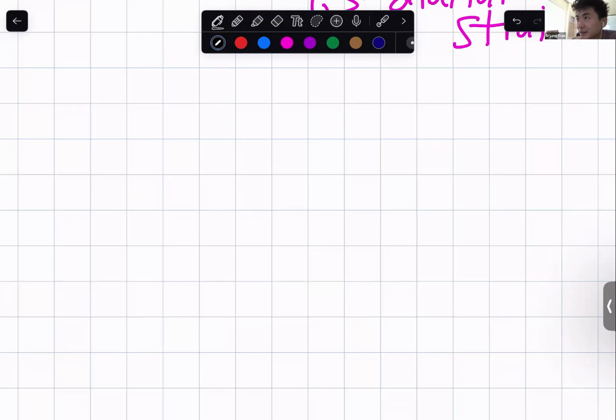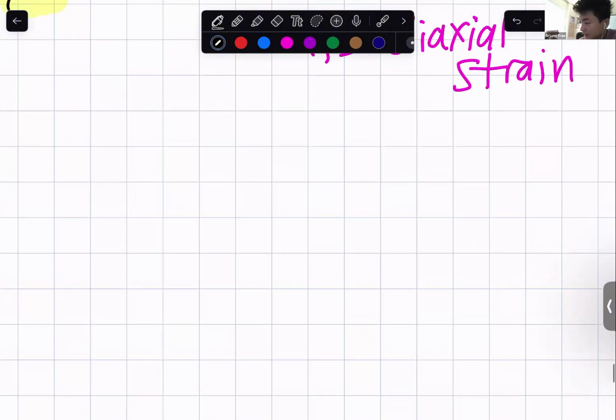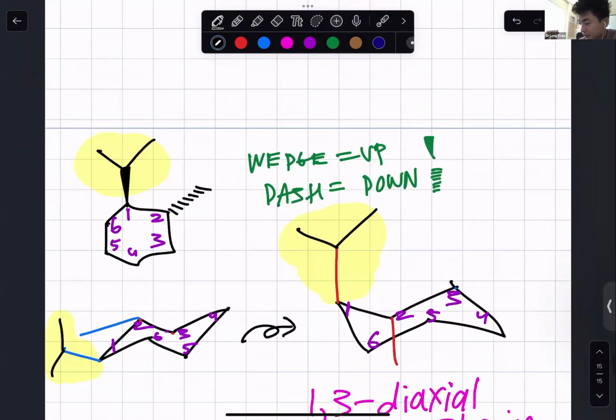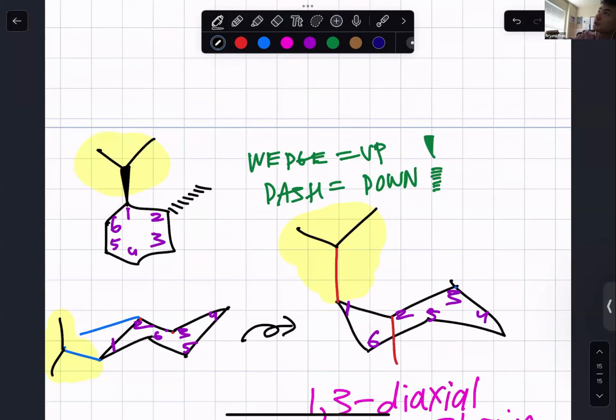Nice. Okay. I have like 5 more questions that I really need to clarify in chapter 3. But we can jump to that at another point if we're still working on chair conformations. Yeah. I think that's all there is for chair conformation.